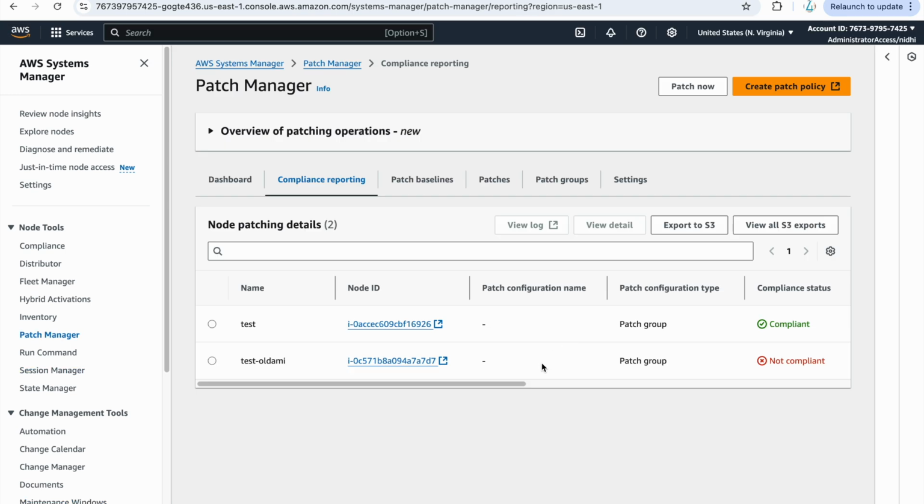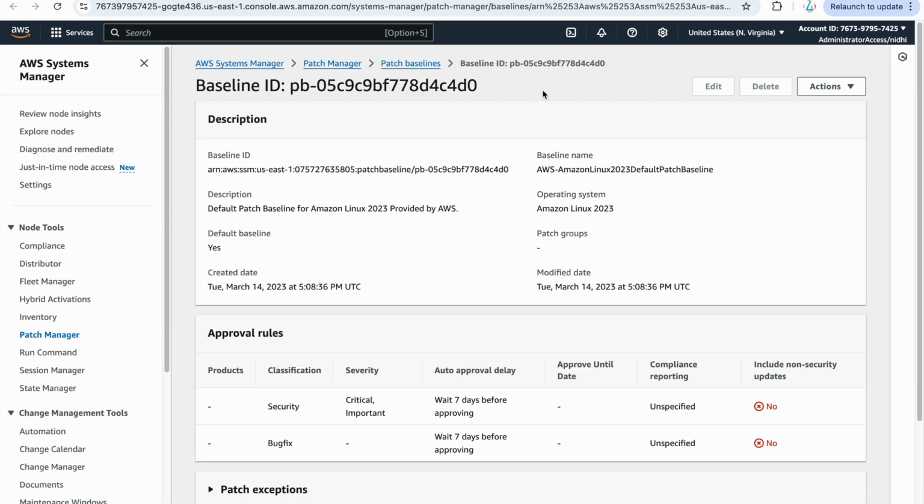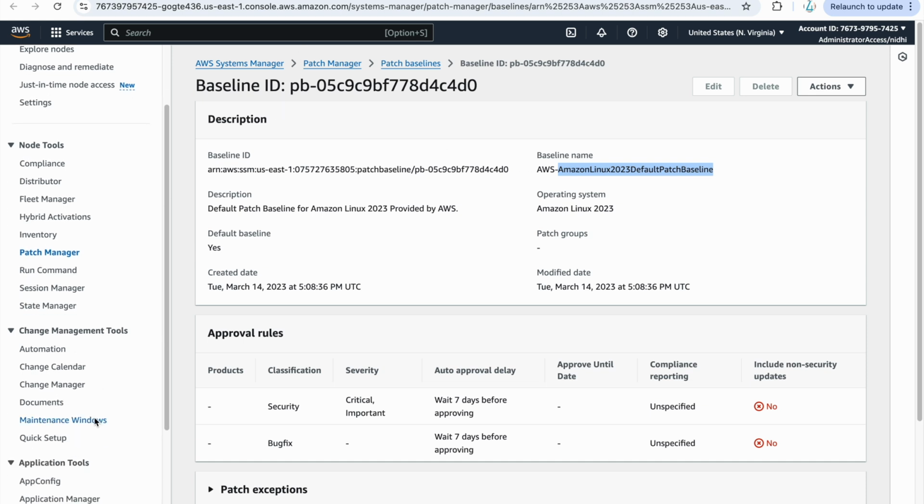So while the maintenance window is running, I wanted to show you which patch baseline is getting attached to this instance. If you look into this and scroll down here, you will see this baseline. These are called patch baselines. And the ones provided by AWS are the Amazon Linux 2023 default patch baseline. So now the question comes, how did the job find out that this is the patch baseline it needs? We have applied the document AWS run patch baseline that I have shown you, right?